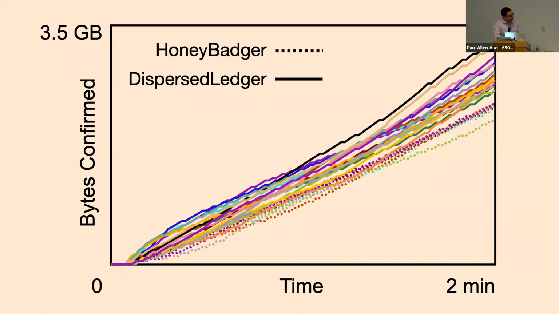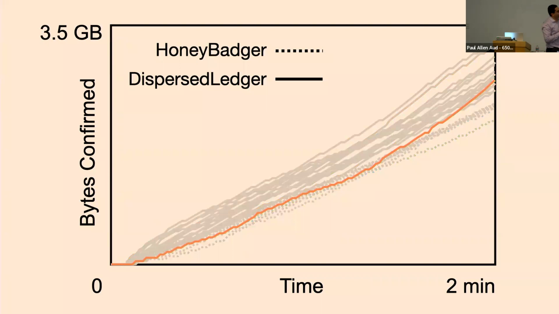What this tells you is that in this real world testbed, there is no such thing as a node that is consistently the slowest node in the system at all times. If there was, then you would have had one of these solid lines at the same speed as the baseline scheme, right? But if I focus on the slowest DispersedLedger node, you can see that it starts out slow, but eventually does recover, like a minute into this experiment, when presumably its bandwidth improved. So this is an example of real world network bandwidth variability.